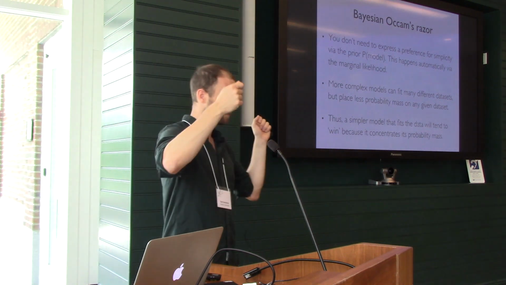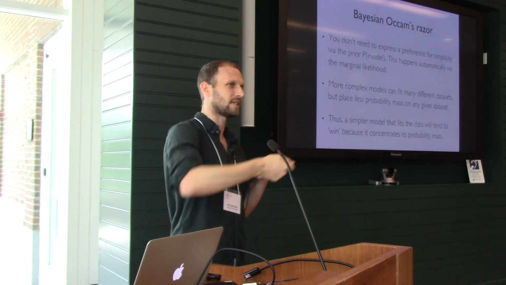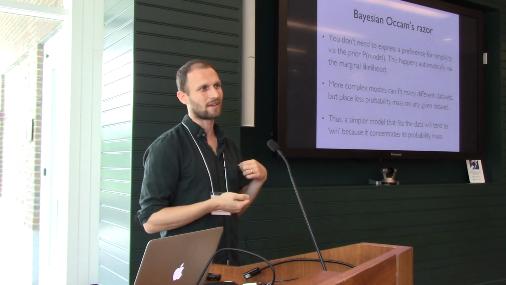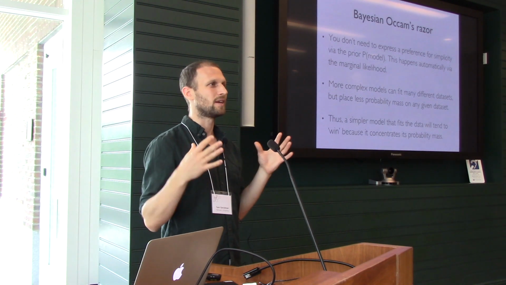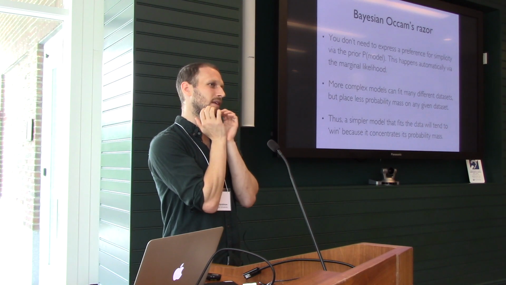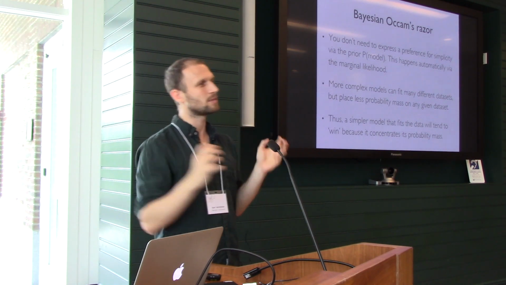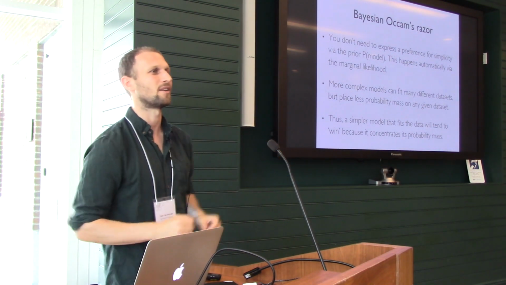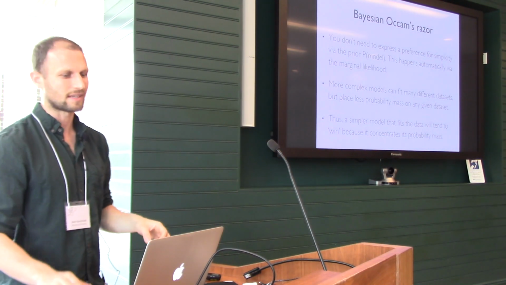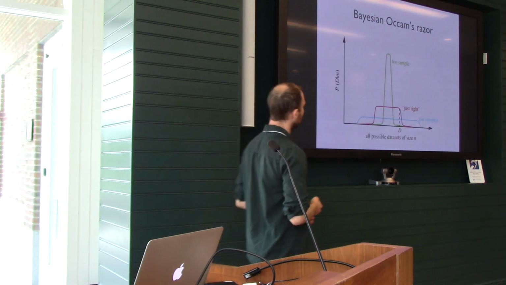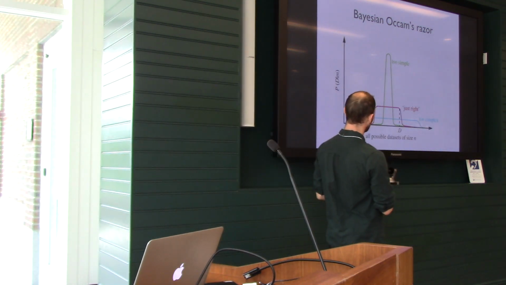And when it gets some particular data set, it can fit that, but it sort of put a lower bet on that data set. Compared to a simple model, if it can explain that same data better with fewer parameters, then it kind of wins big because it bet a lot of money, a lot of probability, on that data set. So this is a famous diagram that's due to David MacKay, where we basically ordered all the possible data sets of some size,